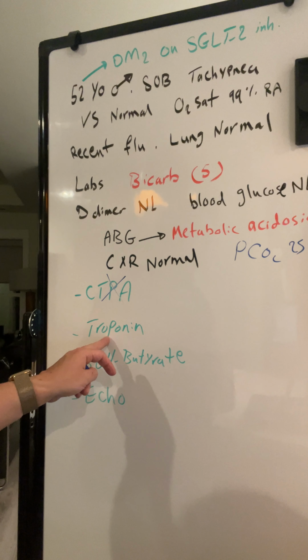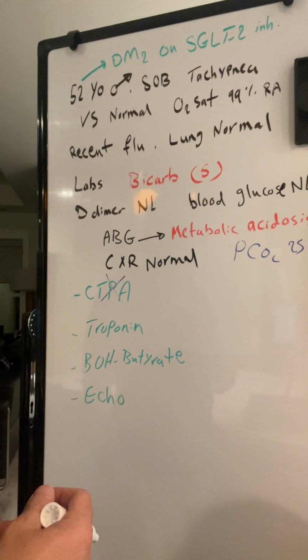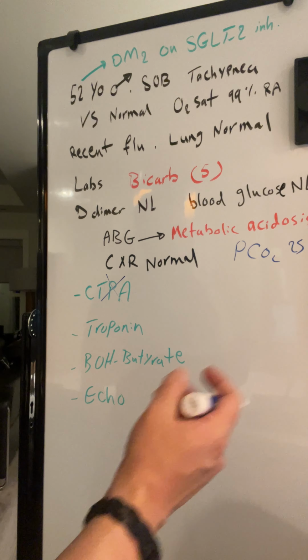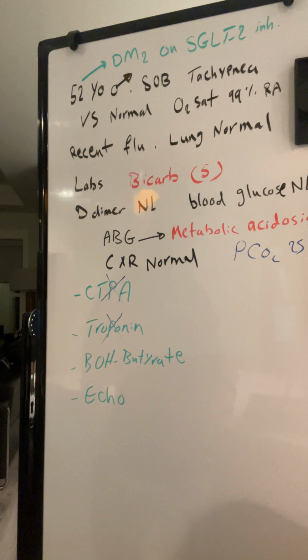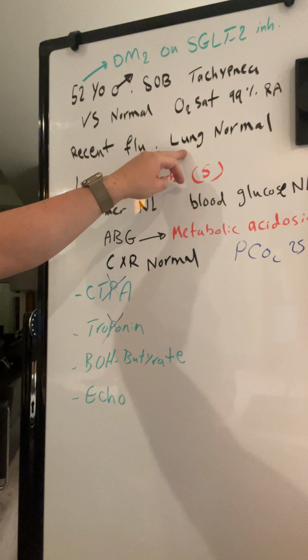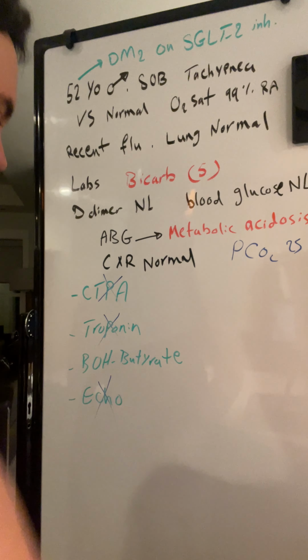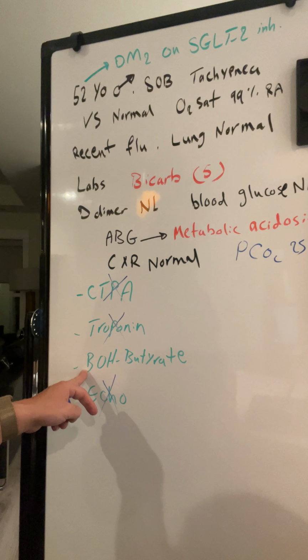Is it a troponin? Well, the patient didn't have chest pain. And they will also probably throw it in there that the EKG didn't show any ischemic changes, so troponin is also eliminated. Is it an echocardiogram? Well, the patient didn't have any crackles. The x-ray is normal, so I don't think this is congestive heart failure, so I will also eliminate the echocardiogram. The correct answer in this case is